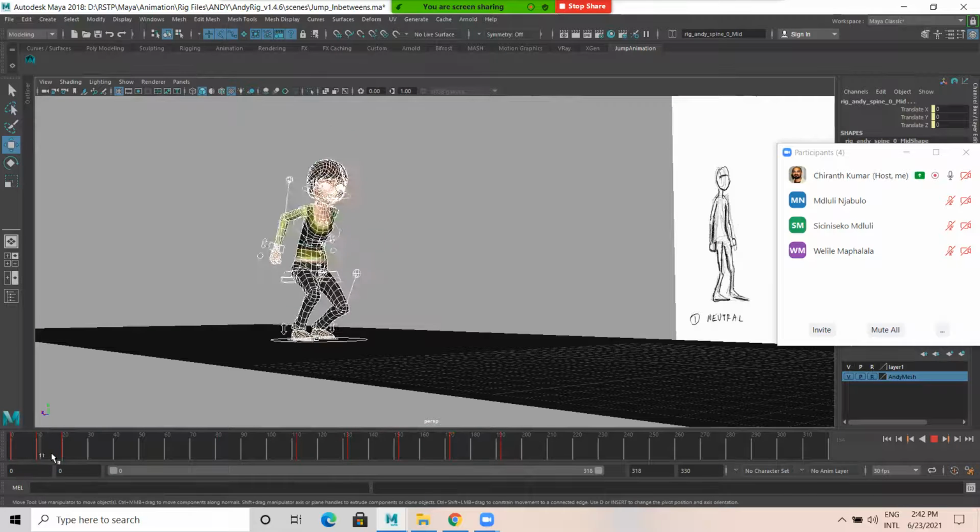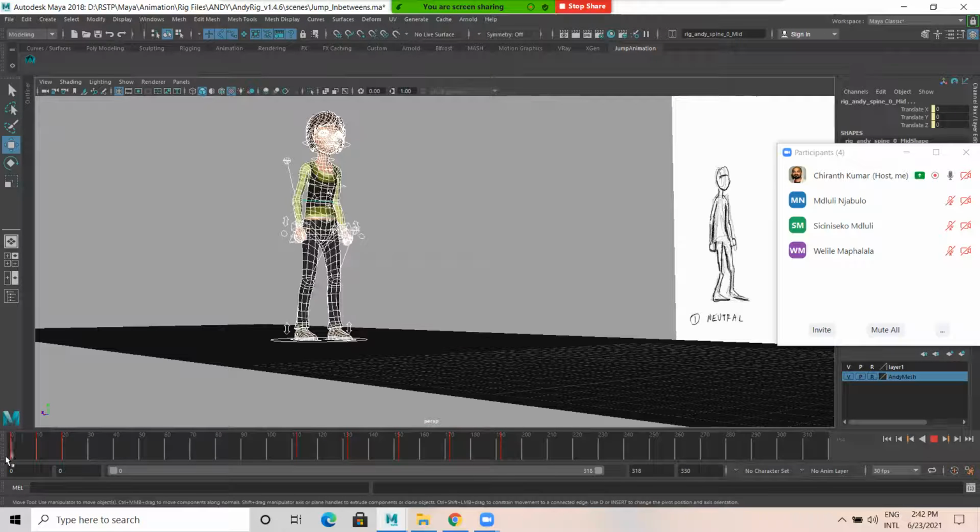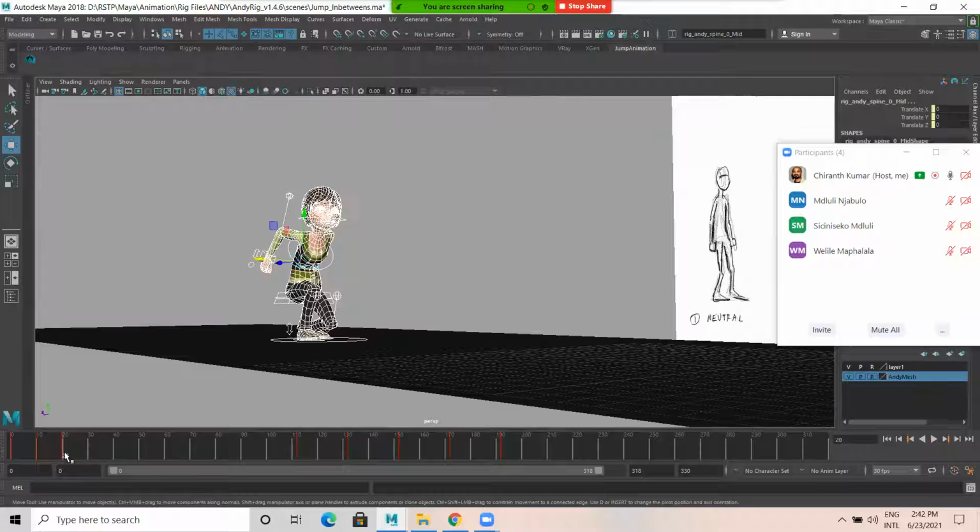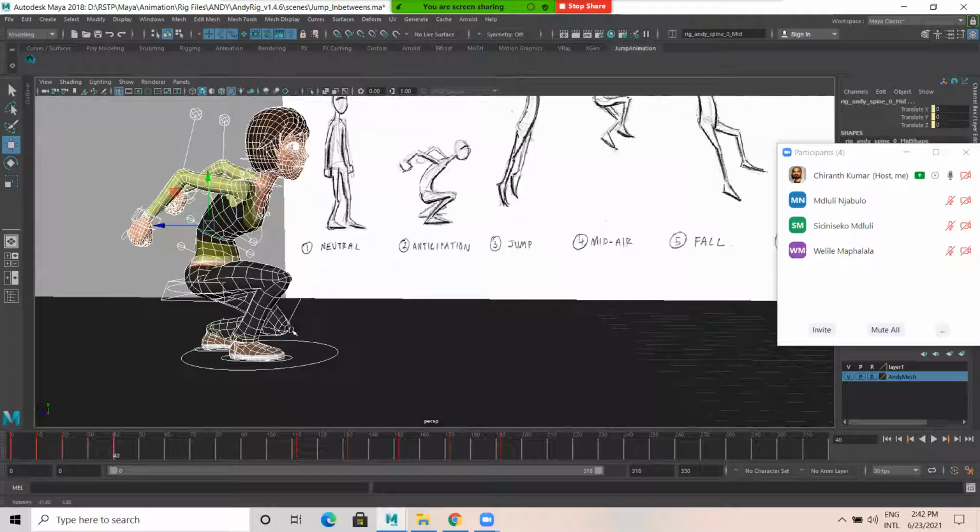From here to here, she is here. Up to here it is there. So what I do, I shift click this. The same key I need here also. For example, this one. What you can do, just middle click, drag and drop till 30, press set key, so that your frame number 20 is same, 30 is also same. And from 30 again, I drag and drop to 40. I set key. I'm giving a bit more.